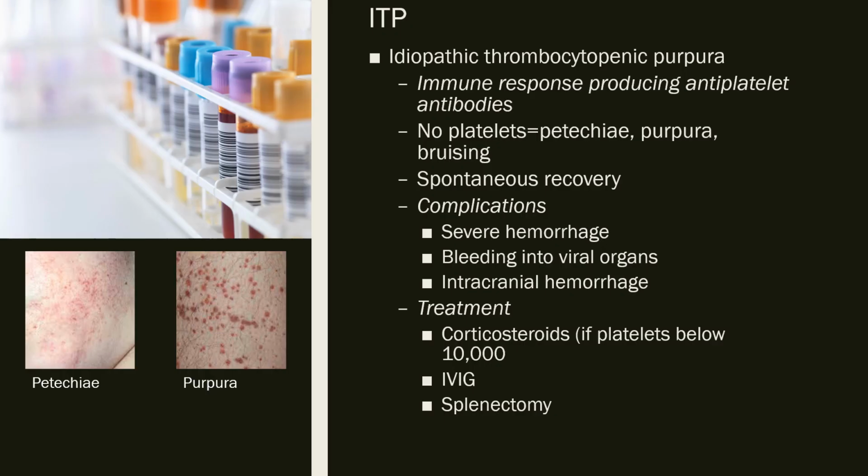All right, ITP, it's idiopathic thrombocytopenic purpura. This is an immune response where we produce antiplatelet antibodies. So the antibodies go around and they eat up our platelets. We don't have any platelets left, or not enough of them left. We start developing petechiae, purpura, and bruising. Most of the time,